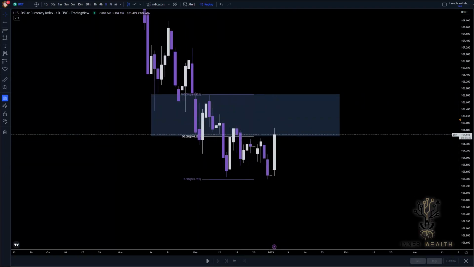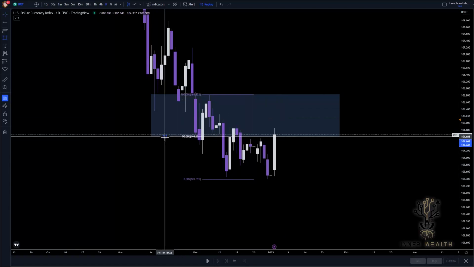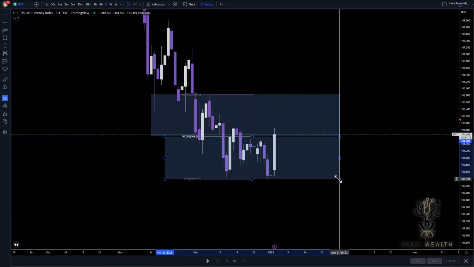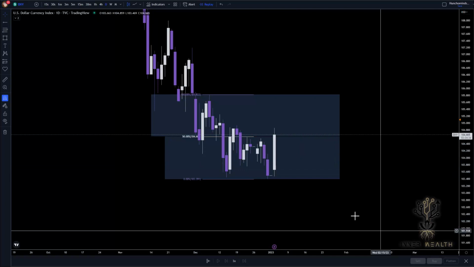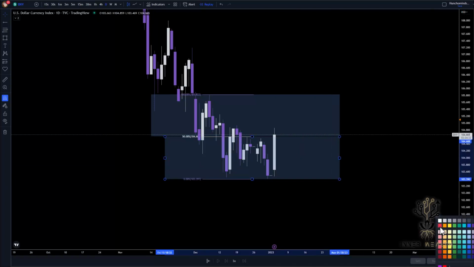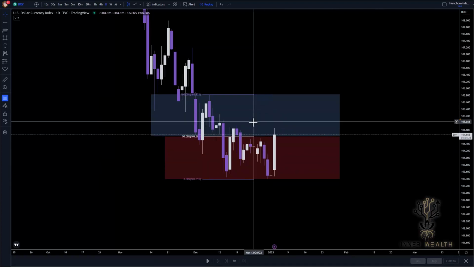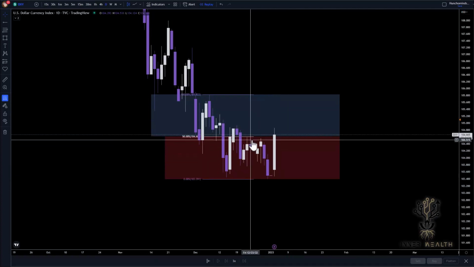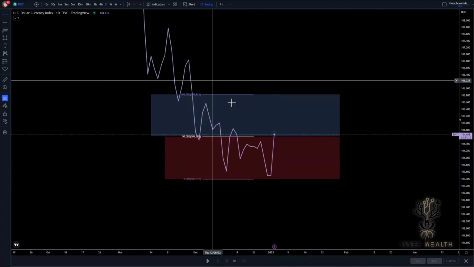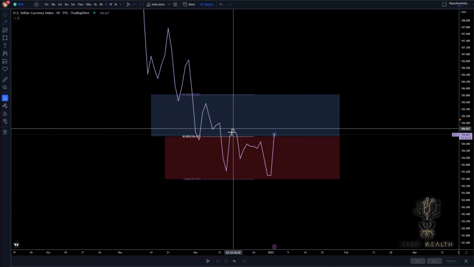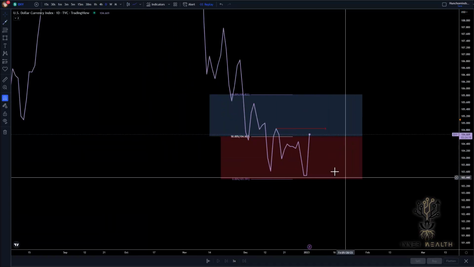This whole accumulation out of here, that's your discount. That whole area right there, that's your discount. So you want to see what happens here in premium. Now getting a nice break of structure over this high right here would really, really push me to believe that